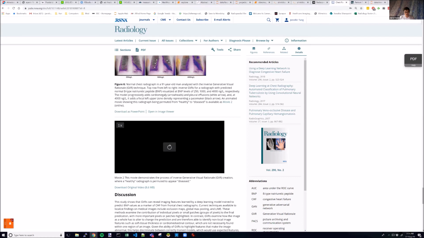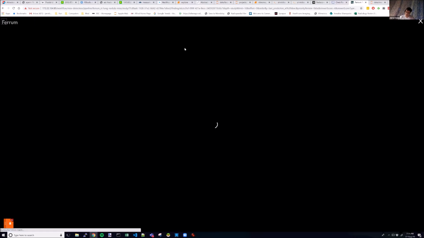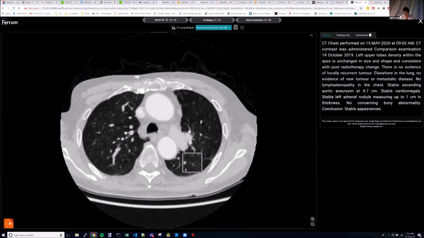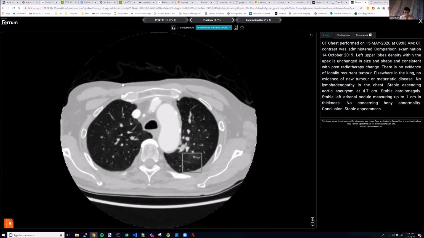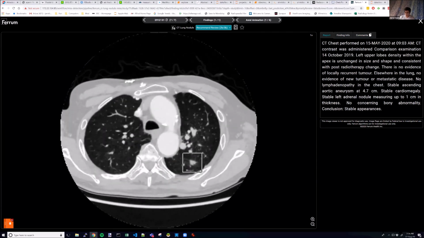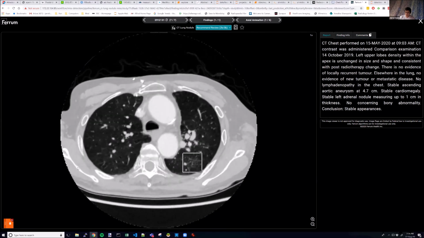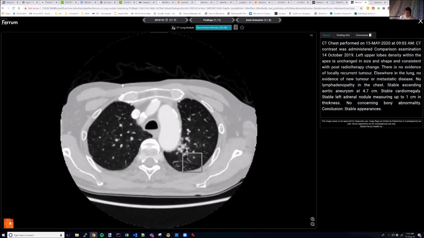use cases and whether or not people are actually using AI in practice, or where AI tools are actually being used. This is an example of an AI tool that's currently being used at our hospital. And basically there are three main areas in radiology where it can help. One is obviously at the time of interpretation. So the scan has just been done, you're going to look at the scan and say, does the patient have or not have a particular disease? We call that assisting the doctor.